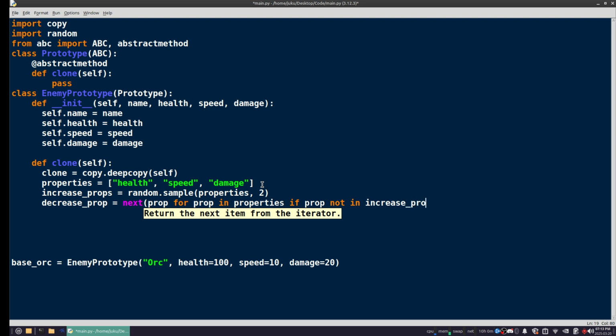So simple enough, we're going to pick two randomly, and then whichever one is not in increase props, we're